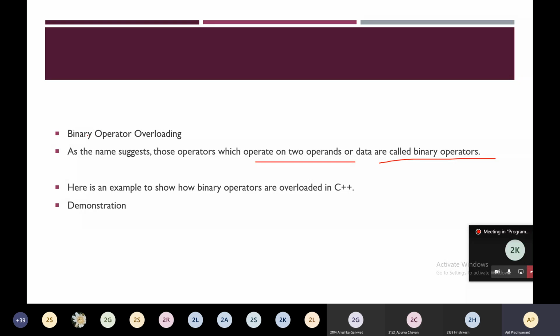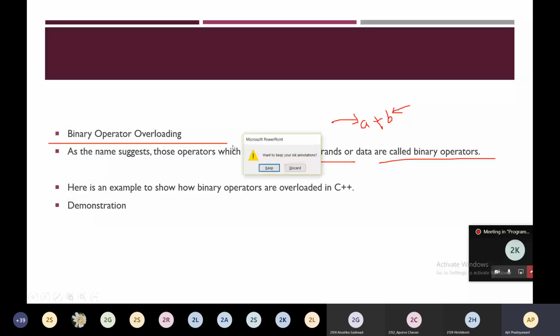Again I am repeating, a binary operator requires two operands. For example, a plus b: plus is the binary operator, this is our first operand and this is our second operand. Just remember the basic concept so that you will understand how to do binary operator overloading. Now just see this code.